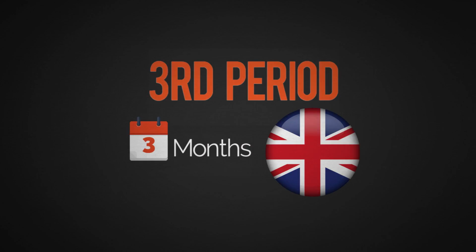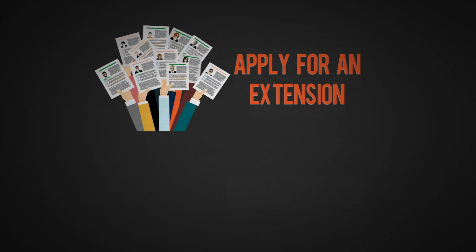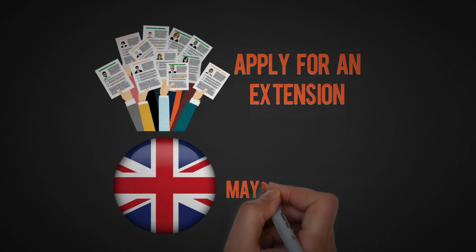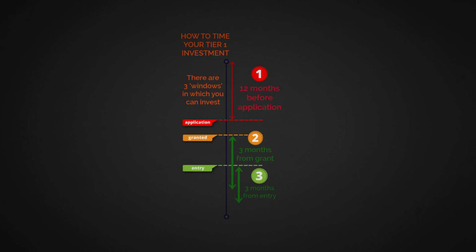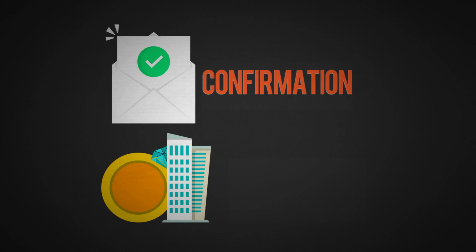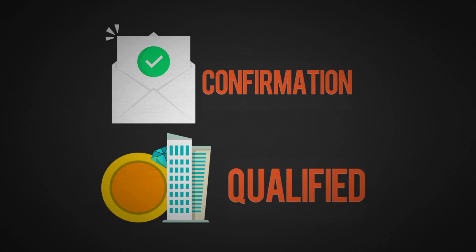Now, what sometimes happens is that several years later, when someone comes to apply for an extension or for indefinite leave to remain, the date of entry to the UK may be uncertain, and there may be not sufficient proof of it, even if it is certain. So it's always best, although that 3 months, as you can see on the diagram, is later. That way you'll have confirmation that your investment is a qualifying one and is approved by UKVI before you actually